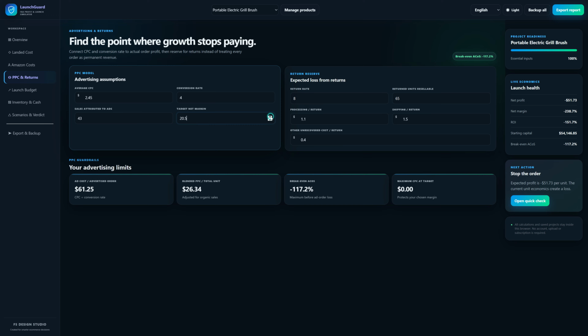On the other side of this section is the return reserve. Enter the expected return rate and the percentage of returned units that can be sold again. Then include any processing cost, return shipping, and other unrecovered expenses associated with a return. LaunchGuard uses this information to estimate the expected return loss across all orders instead of assuming that every sale remains permanent revenue. The results include advertising cost per advertised order, blended PPC per total unit, break-even ACoS, and maximum CPC